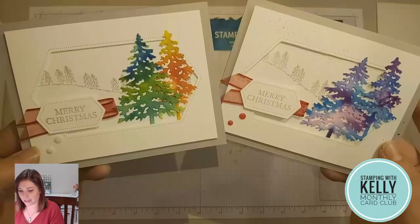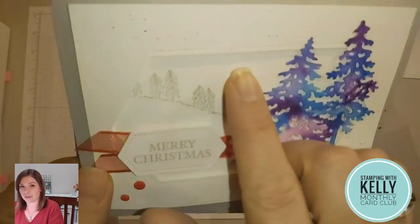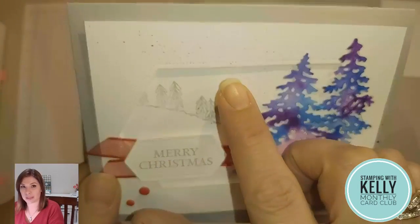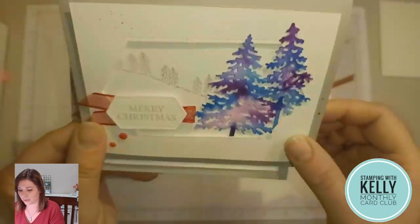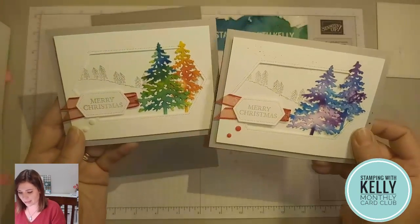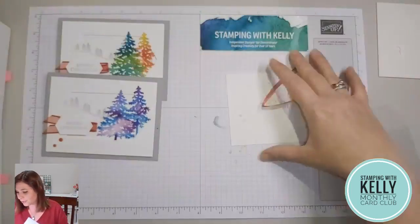So these are a couple of the cards that I did. This is one that I made last night, and you can see everyone makes mistakes. I have a little splatter that happened, and so I decided to make it a purposeful splatter, and I kind of spritzed the whole thing. So I'll show you how to do that if you have that problem as well. But we're going to make these trees in whatever color that you want. Now, if you get